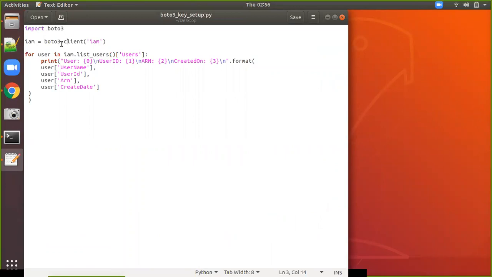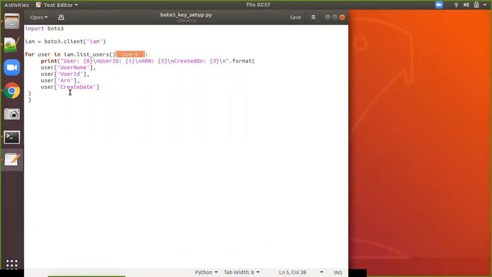For that, you are going to create one client application: boto3.client, and you want to access the IAM users. There are different resource names available, let's say EC2, S3, those kinds of things. Now we are using only IAM, so I am creating an object for the IAM. After that, the IAM list_users predefined method will get different information, but we are going to get the users here, and I am going to list out all the users.